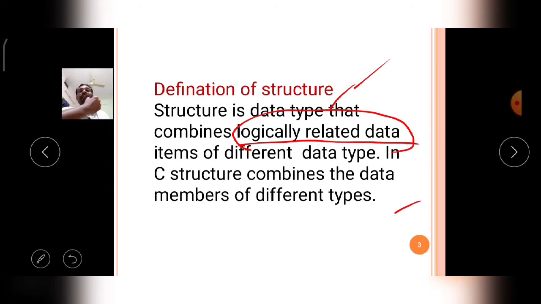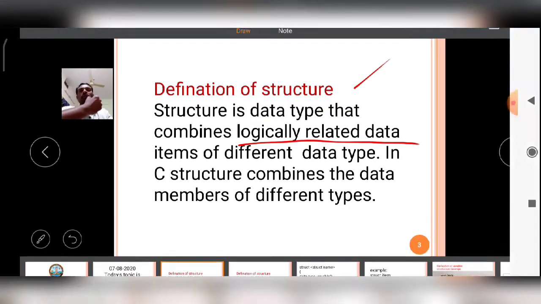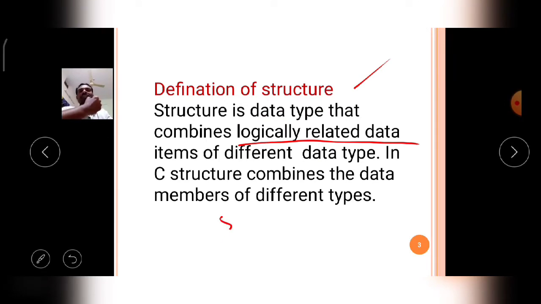So the information of a particular person, place or thing is combined. For example, I am combining data like this: first one is student name, then salary, then designation.